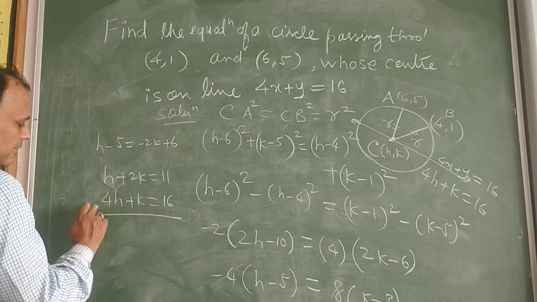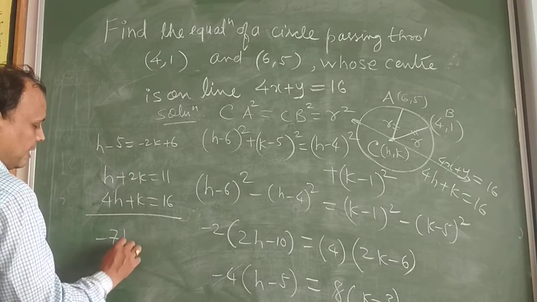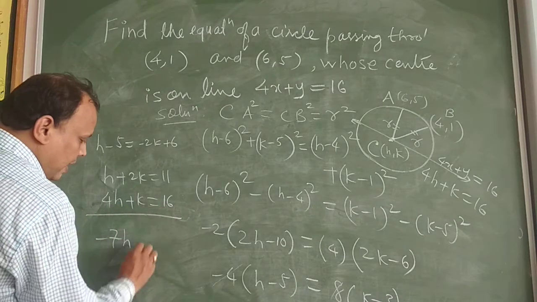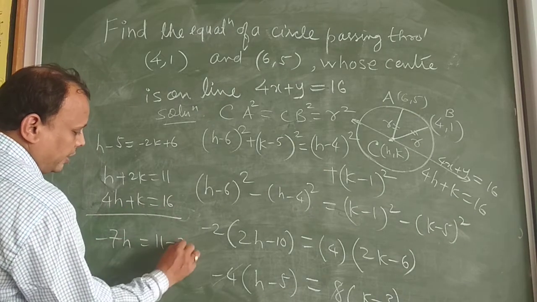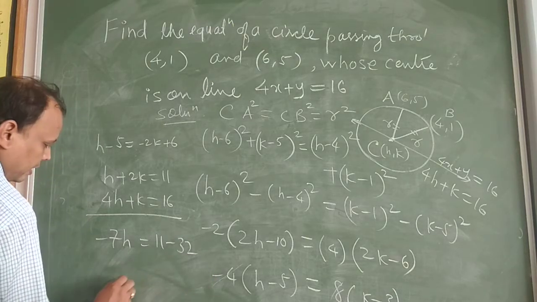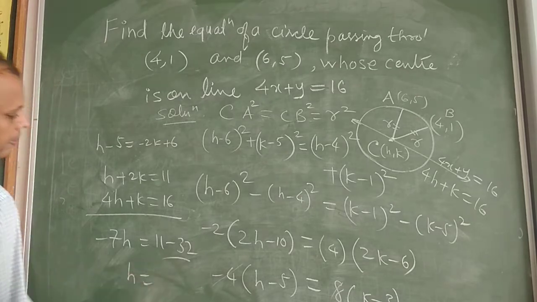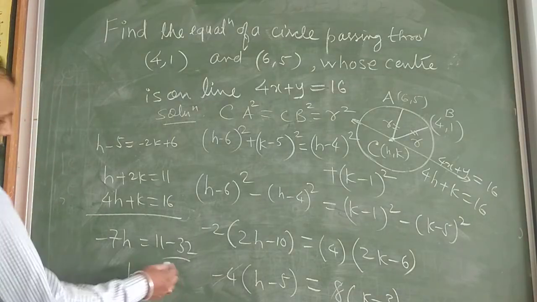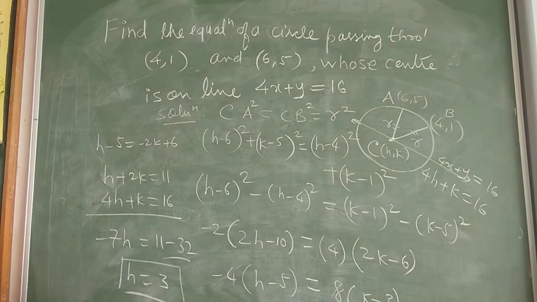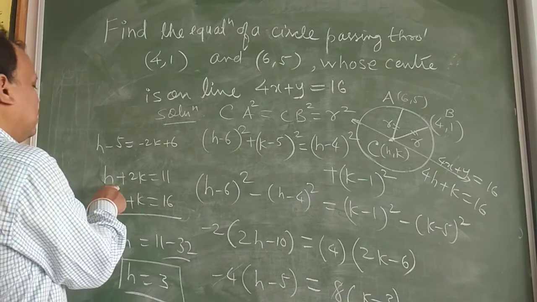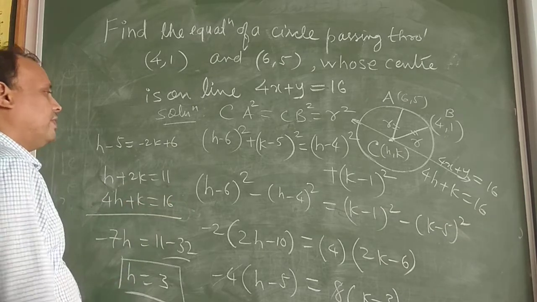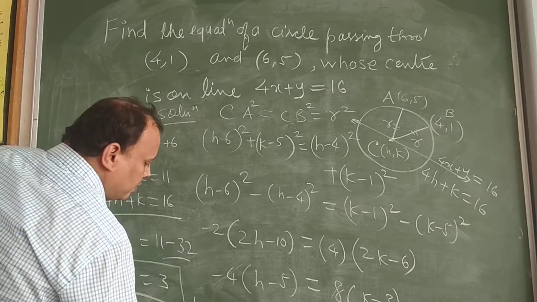So we get h minus 8h, minus 7h; 2k minus 2k will get cancelled. We have multiplied this by 2, and it is 11 minus 32, like this. We can do it. So it is clearly h is becoming what? Minus 21, right? Minus 21. So h is equal to 3. Minus 7h is equal to minus 21. If h is equal to 3, children, then 2k will be equal to 8, 11 minus 3, 8. So k will be equal to 4. So k is equal to 4.